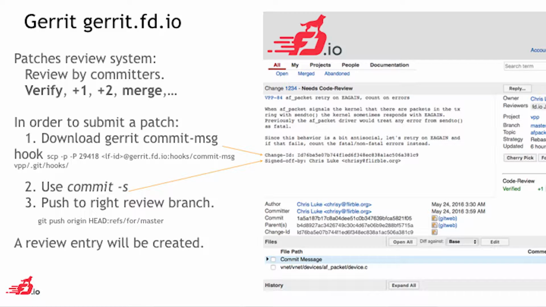So it's a script that you put at the right place in your Git repository, such that every time you do a commit in your Git, it's going to auto generate the change ID. That's necessary when you want to push a patch. Every patch that you want to propose to the Gerrit system needs to have a change ID. It's unique, and it's used such that when you propose a patch, you get some feedback on